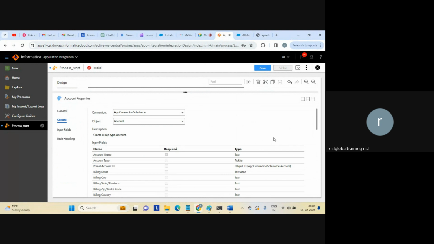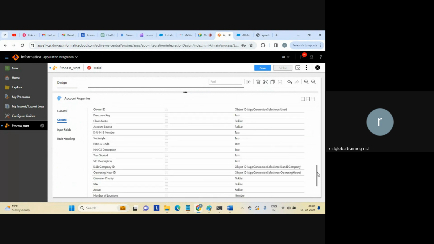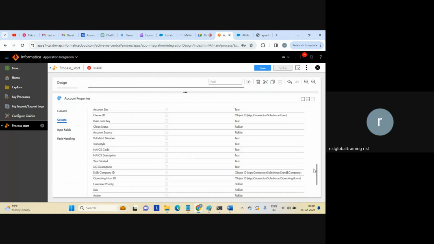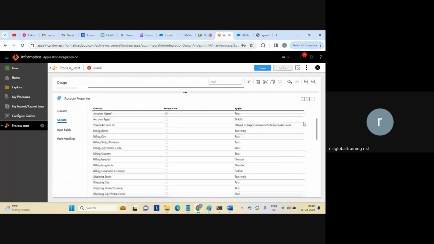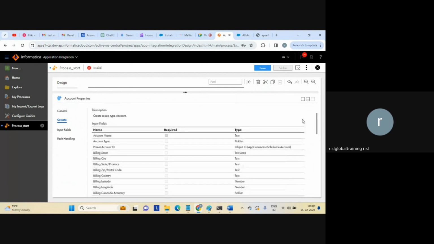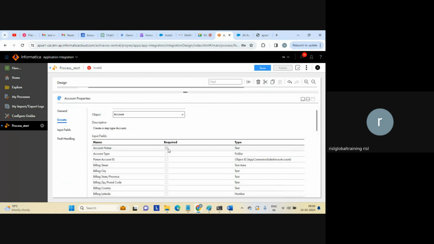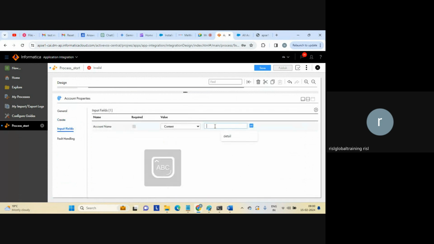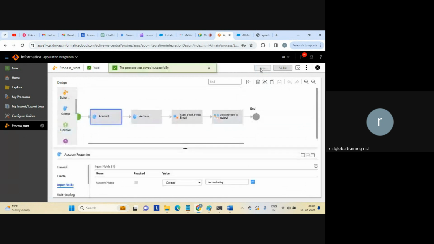Clear? So we can see all the input fields here. Out of them, what we are trying to supply is the account name, which is a required thing. Because it's a required field, we need to supply it mandatorily in the input fields. Let's say I put a second entry here, and then save. Likewise, you can add any number of fields over here. Now publish